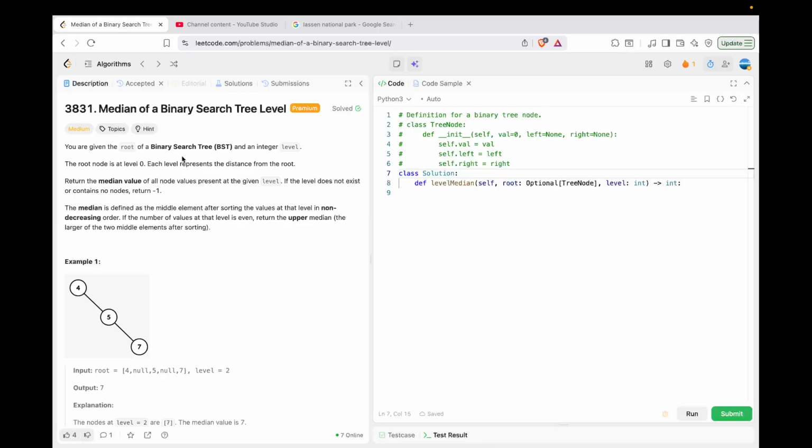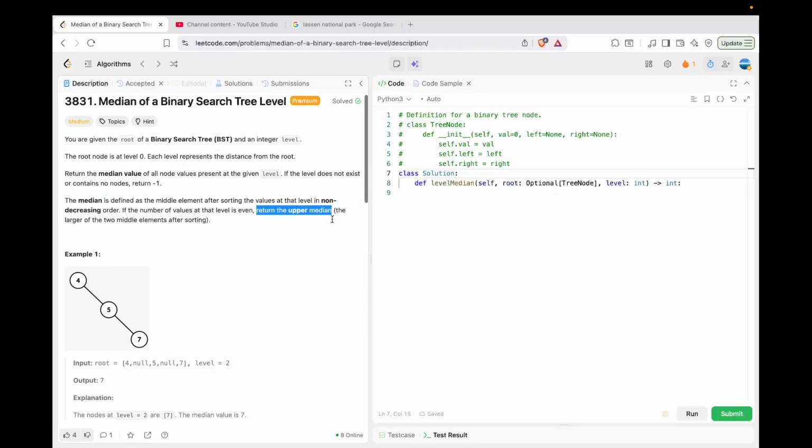We are given a binary search tree and an integer level, and we want to find the median of that level. Here the median is defined slightly differently than the typical median. If the length of the list corresponding to that level is odd, you're going to return the middle one. And if the number of values at that level is even, we're going to return the so-called upper median. For example, if you have,